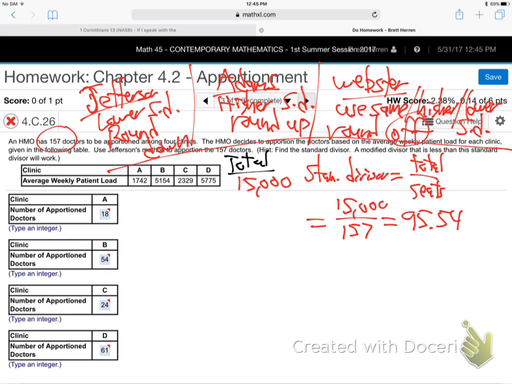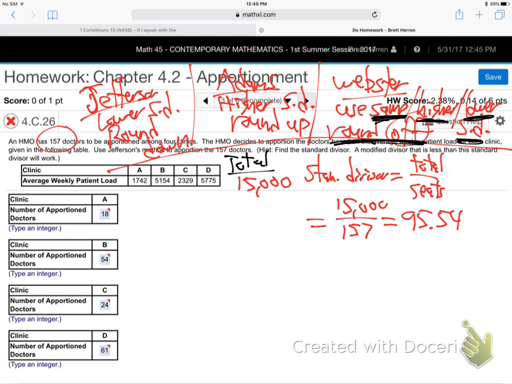If it was Webster, that's the one like Cole was asking about. Sometimes it's actually left the same. Sometimes you use the same, sometimes you use higher, sometimes you use lower SD. It just depends. Try the same at first. That's what we did yesterday and it worked. And then round off, not up or down. Off means 0.5 goes up, 0.4 goes down. Like normal rounding, right, for Webster. But Jefferson and Adams are weird rounding.